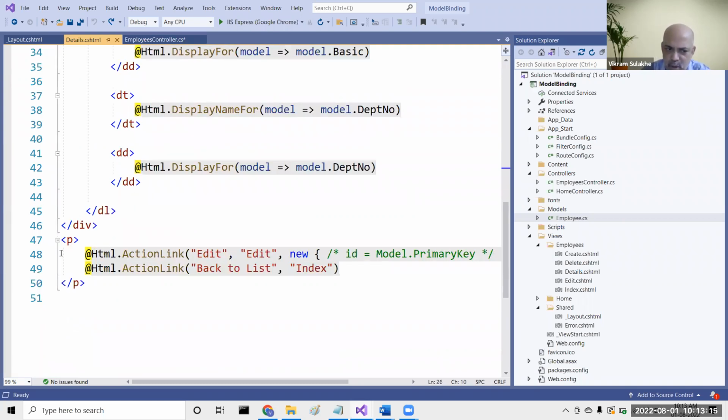Achha, what does it show at the bottom? What do you think this is showing you? What is showing you your action link? What is this going to generate? Hyperlinks. For going to the edit page and for going to the index page. All right. So let's run this and see. We want to run it with